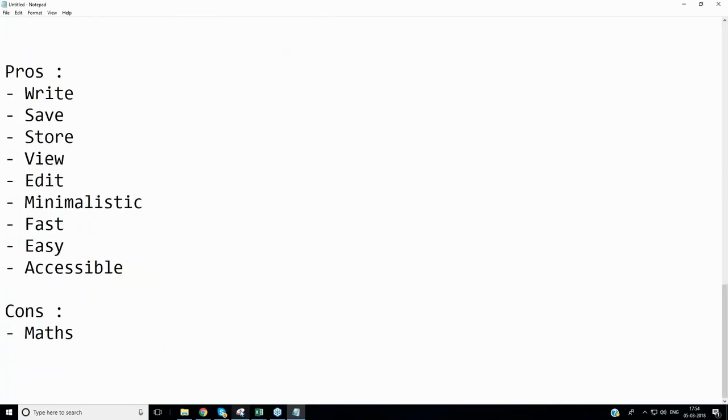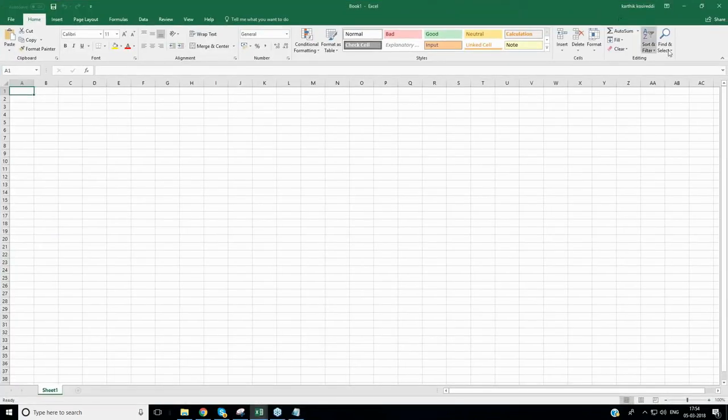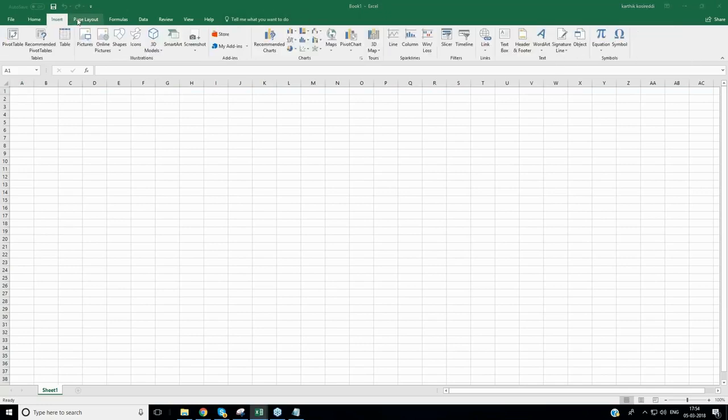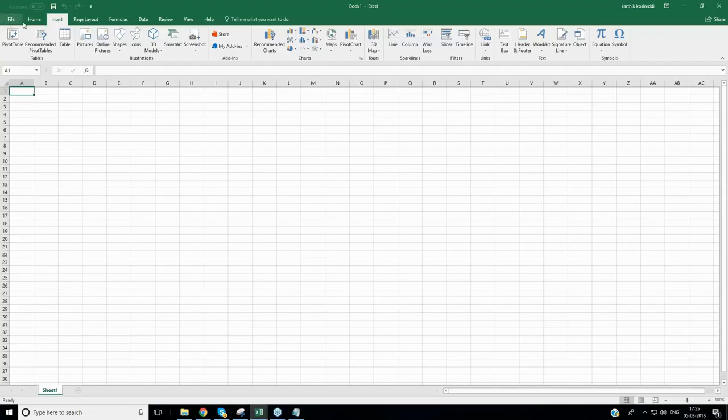So I have a problem that I can't do too much maths here directly. What is my alternative? The alternative is something called Microsoft Excel, team. Very simple. My job is not to teach you each and everything in Microsoft Excel. See, so many things here. Now compare tool to tool. 1, 2, 3, 4, 5 things in the menu bar, right? 1, 2, 3, 4, 5, 6, 7, 8, 9. Another 30 here. I don't know what these buttons are. Look at this. Oh my goodness, this is too much.